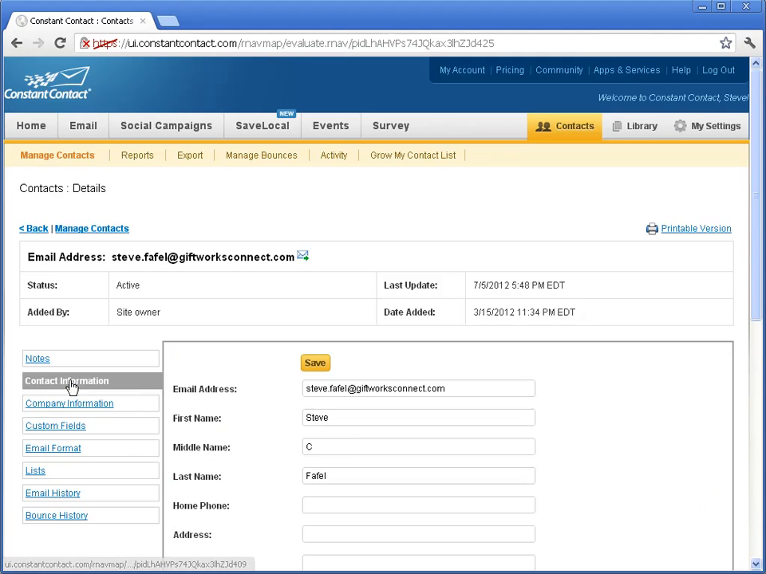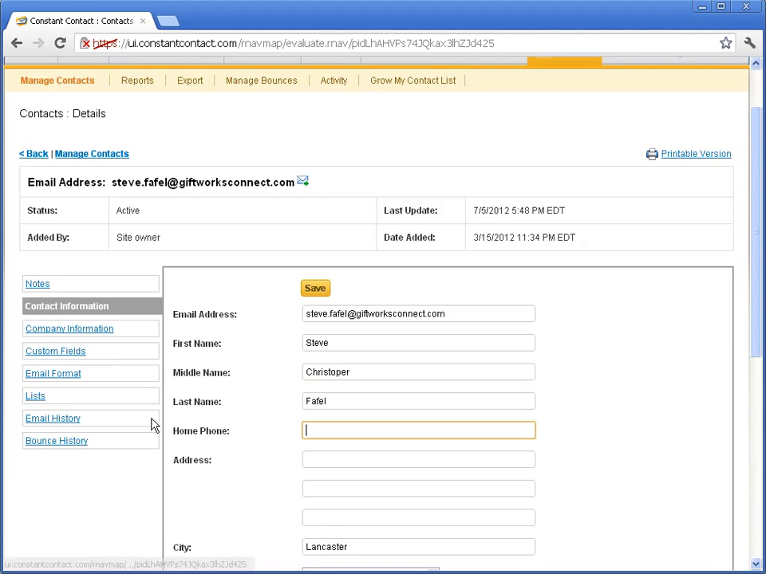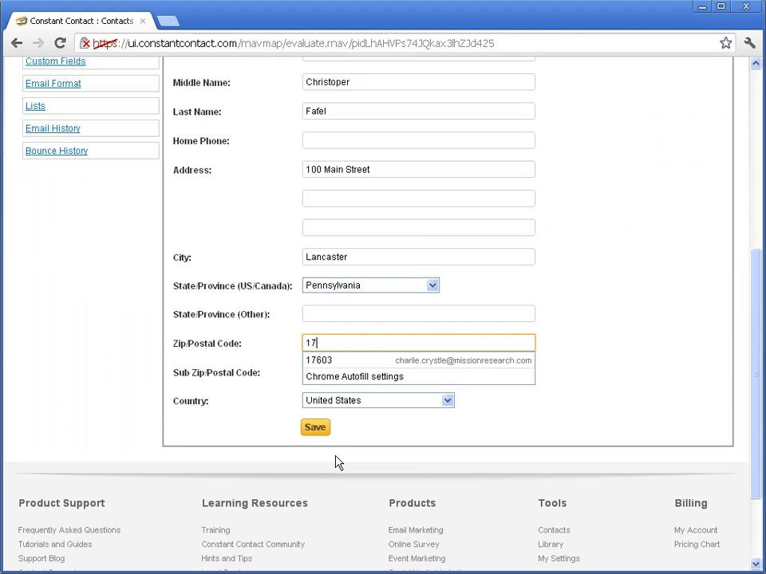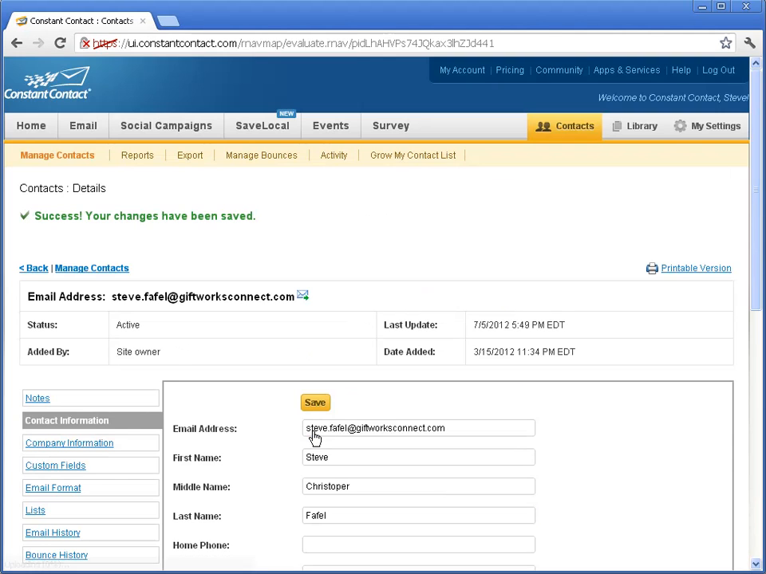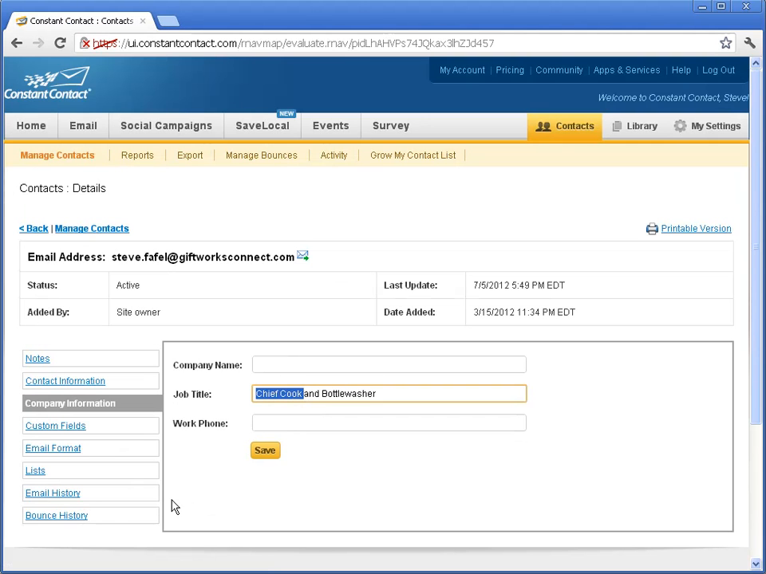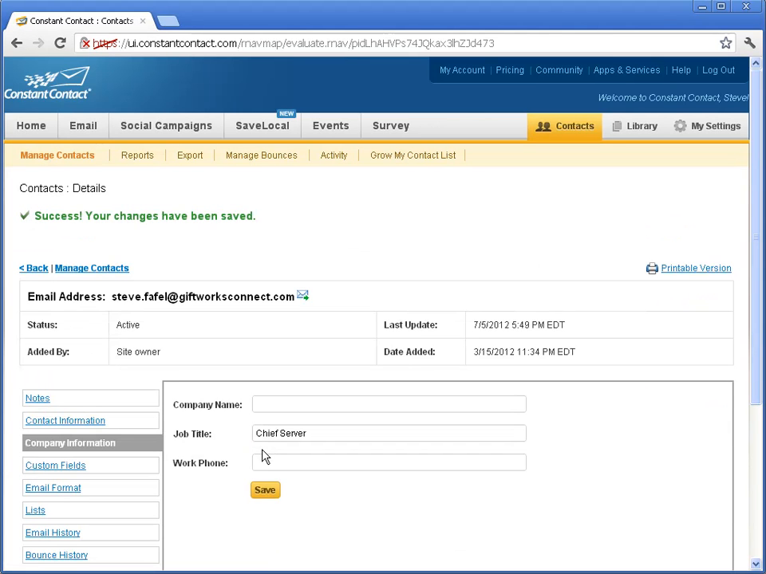Well, let's go to Constant Contact, and let's put his whole middle name in, so C-H, there you go, it's my middle name. And I'm going to come down to, I could add an address like we'll do 100 Main Street in Lancaster, PA, and I'll put in 17603. And I'll click on Save. And I'll also give him a slight promotion. And so we'll just say Chief Server. I guess I'm not sure if that's a promotion, but we'll say Chief Server, click Save, and now we're ready